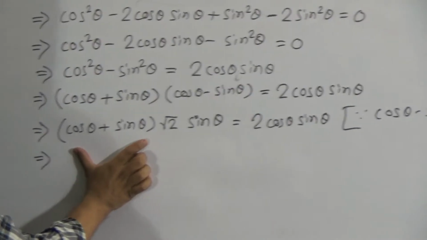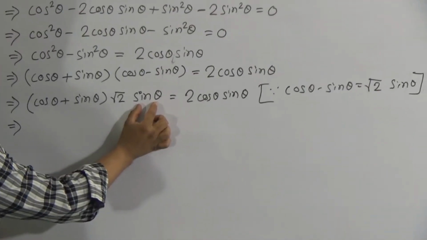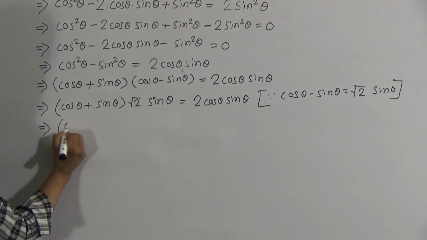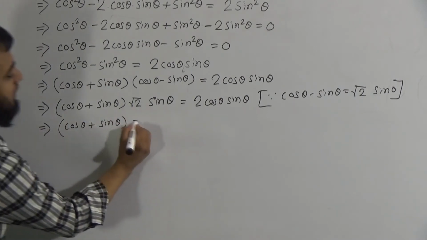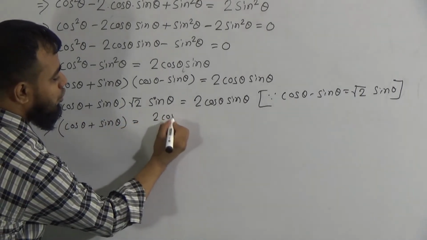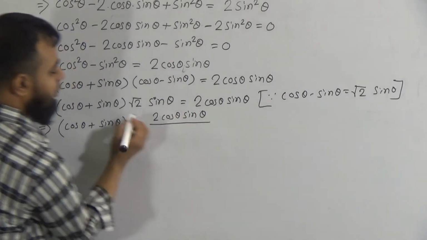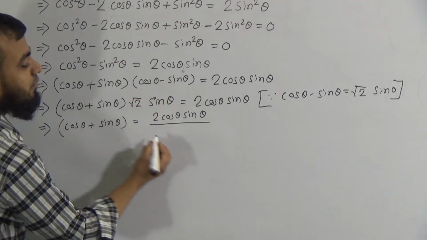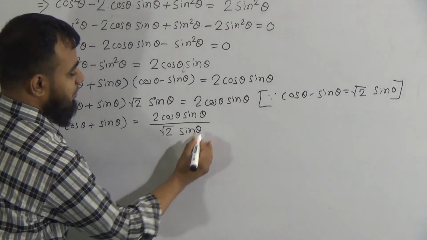Okay. So cos theta plus sin theta has been multiplied with 2 root 2 sin theta. So root 2 sin theta will be transferred to the right side. Now look my dear students, cos theta plus sin theta remains on the left side. That's equal to 2 cos theta sin theta, on the right side we had, and it will be divided because it had a multiply sign before. If we transfer this to the right side, it will be division. Okay, root 2 sin theta will be divided by this expression.